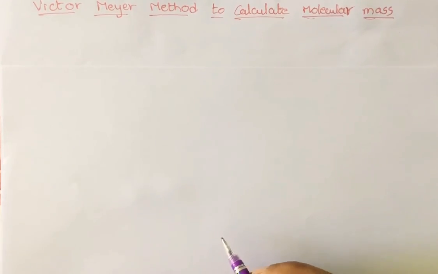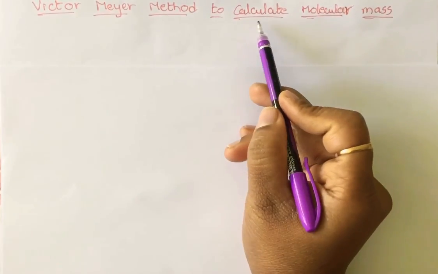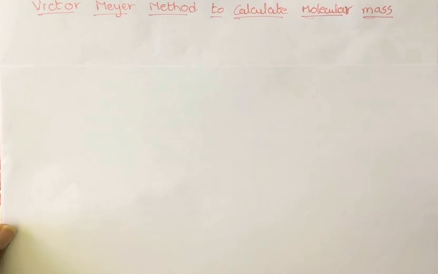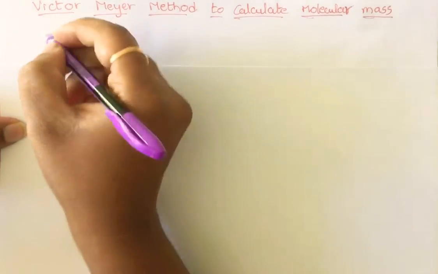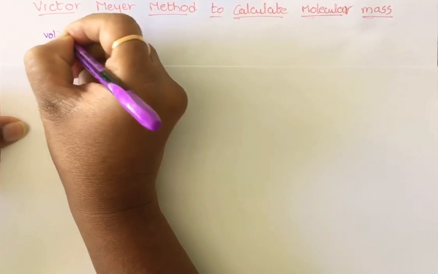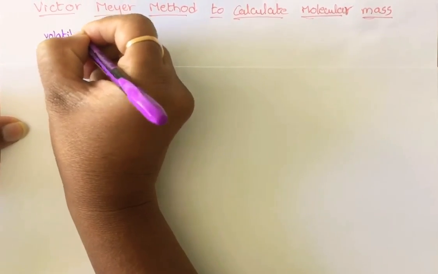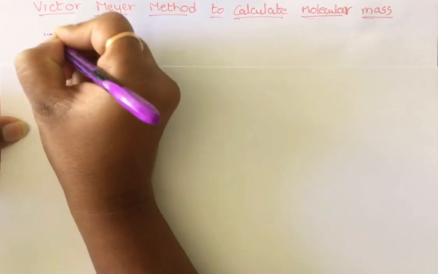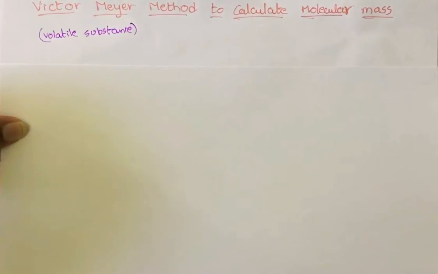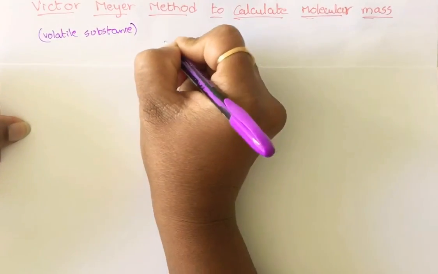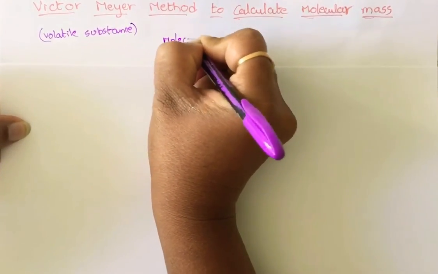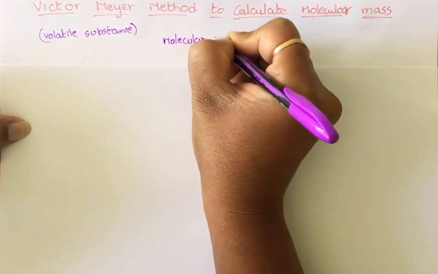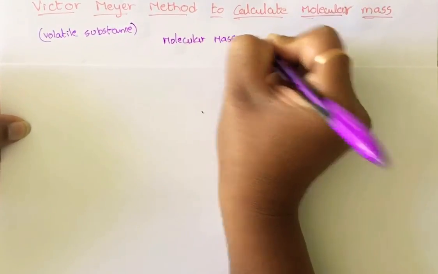Let us discuss Victor Meyer method to calculate molecular mass of a substance. Victor Meyer method is a practical method which is mainly used for volatile gases or substances. For volatile substances, we use this method. He gave a simple formula to calculate molecular mass of a volatile substance, that is equal to